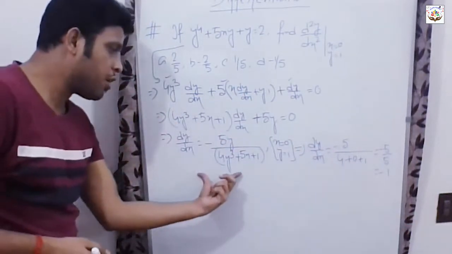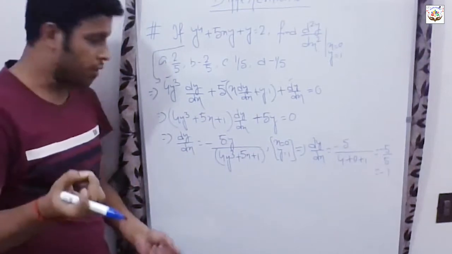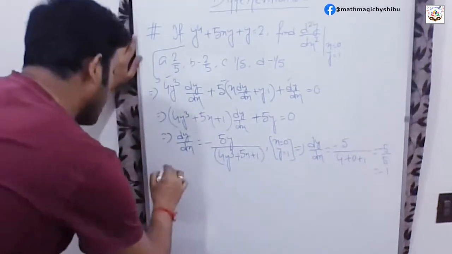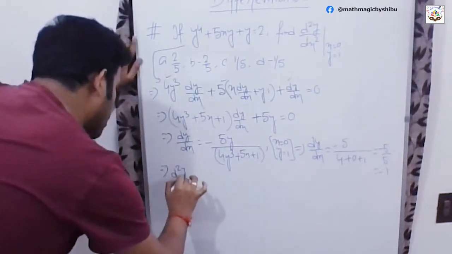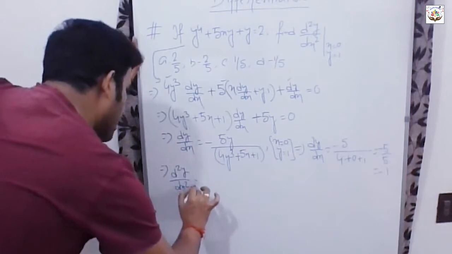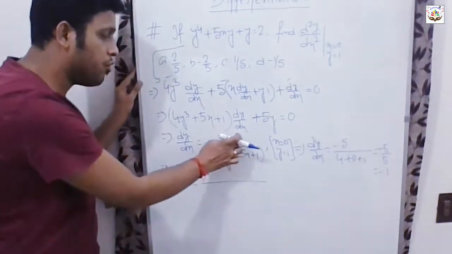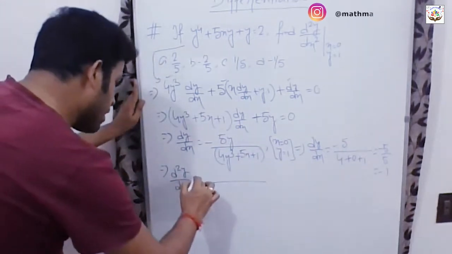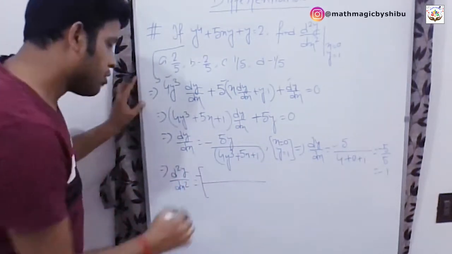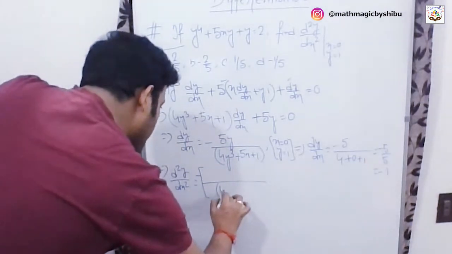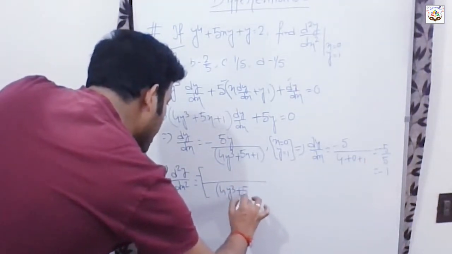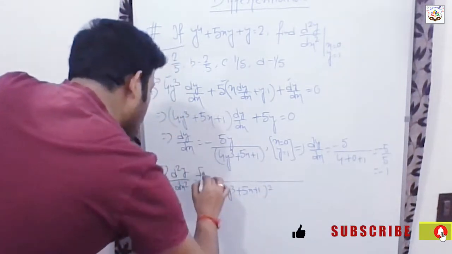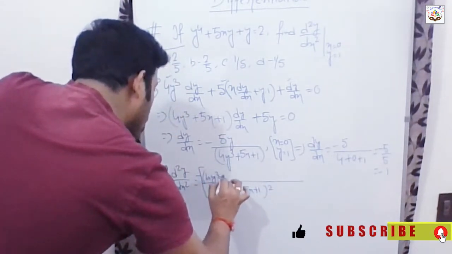Now from this expression we need to find d2y by dx square. That means differentiating both sides with respect to x. Okay. So we will get d2y by dx square equals to, if we consider the numerator as u function and the denominator as v function, and minus in common, so take a bracket. So d/dx of u by v would be v square at the denominator, right? And v would be common at first.